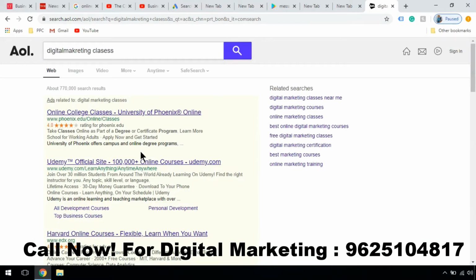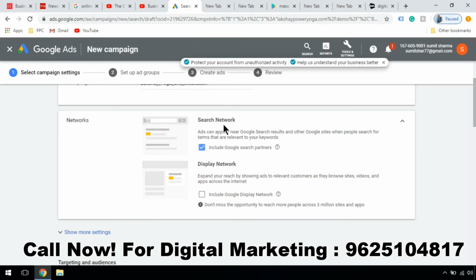So in case you want to generate more and more traffic and reach so many customers and so many people, you can include this option. It will give you good results. And if in the future you analyze your campaign and think that the traffic generated through Google Search Partners is not relevant and you don't want to waste your money on it, then you can opt out.